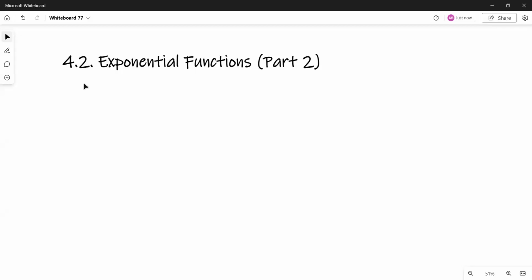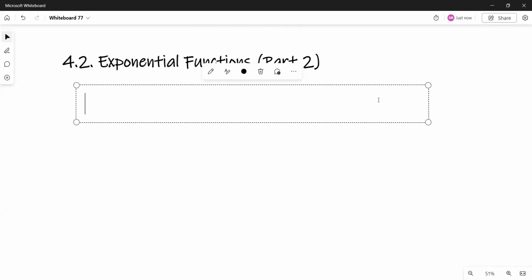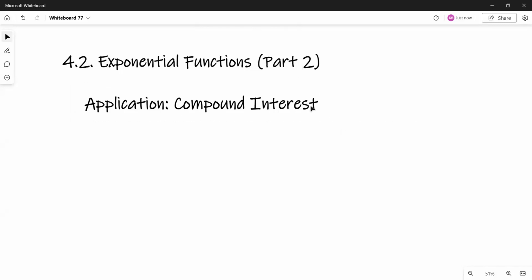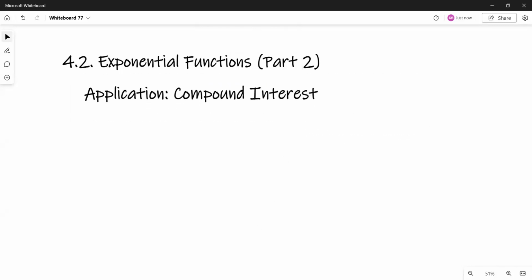Hi, I will finish section 14.2, exponential functions. I'm going to finish this section with an application to compound interest. This is one of the most useful applications of exponential functions, and it's compound interest. I'm not going to go over the derivation of the formula. I'm just going to show you what the formula is